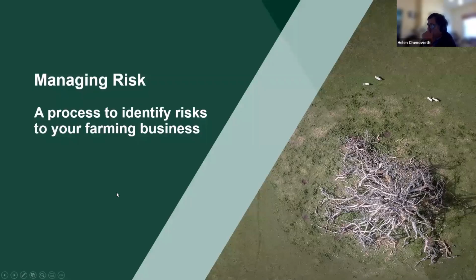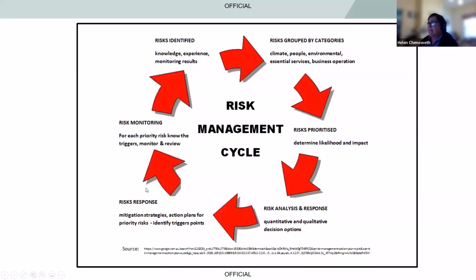So now we've talked a little bit about some of the implications of modelling, etc. I guess the next question is for yourselves to be thinking about working with your students and other industry people, identifying risks to the farming business. And to do that, we look at a risk management cycle approach, which is pretty handy, which is really just trying to identify risks to the business,